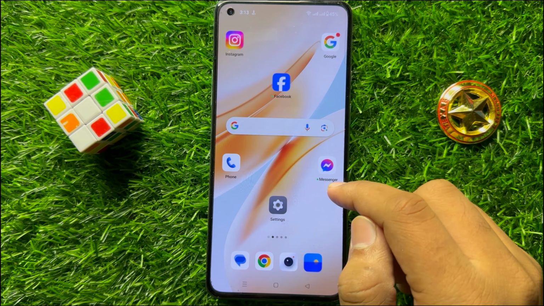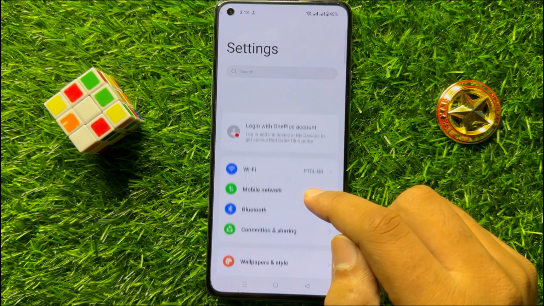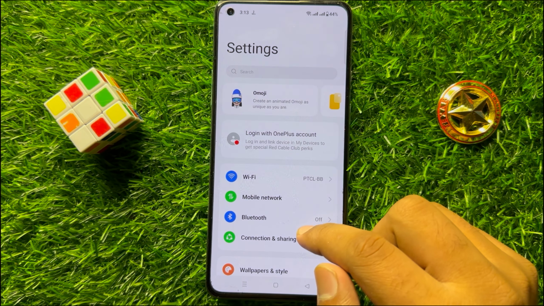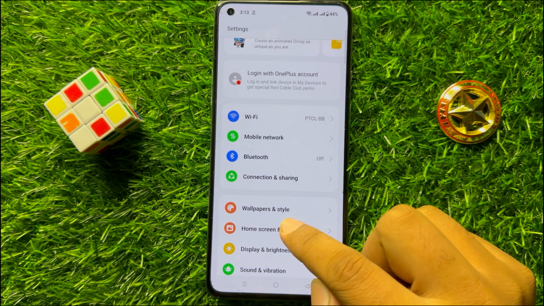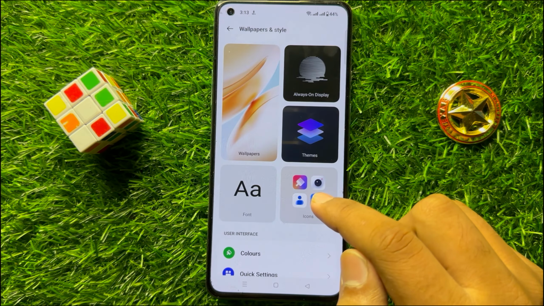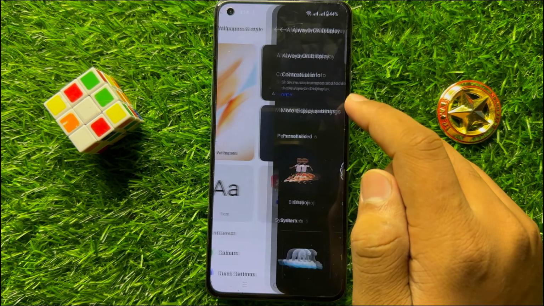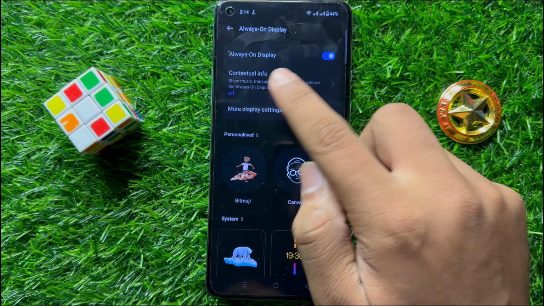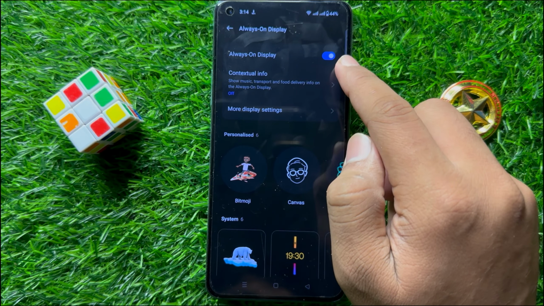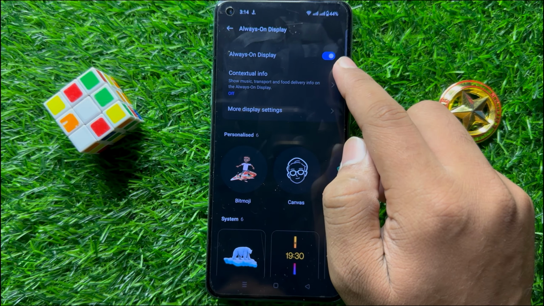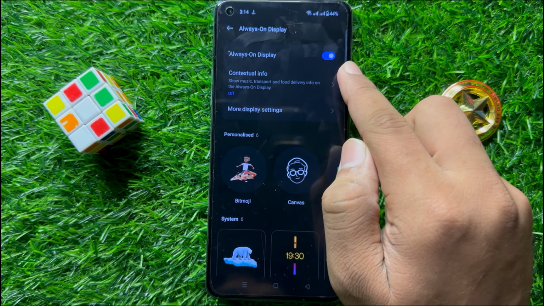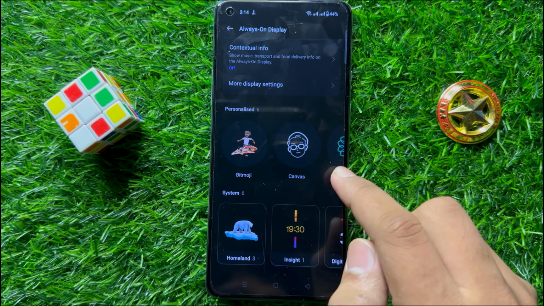So first of all, open settings. Now in settings, scroll down and click on wallpapers and style. Now here click on always on display and turn on the always on display button, and after turning it on, scroll down and from here